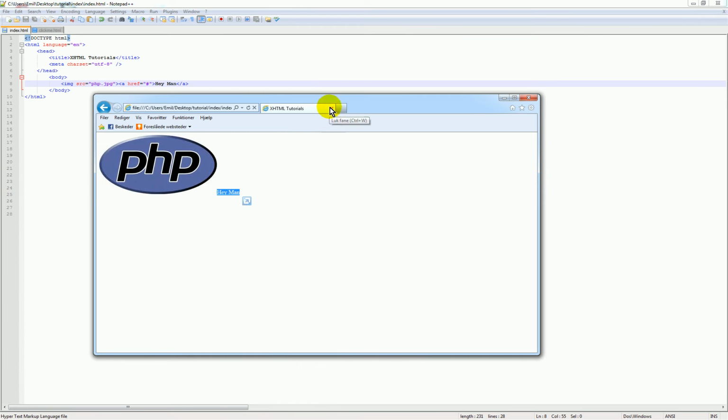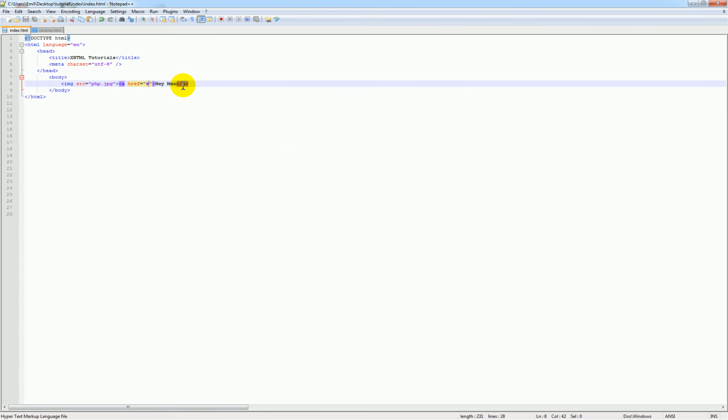So what is the thing that we did wrong? Well, I see it. Sorry, we don't even need to use the image source command. That's the thing I forgot. We can just type in php.jpg, alright, and then it would